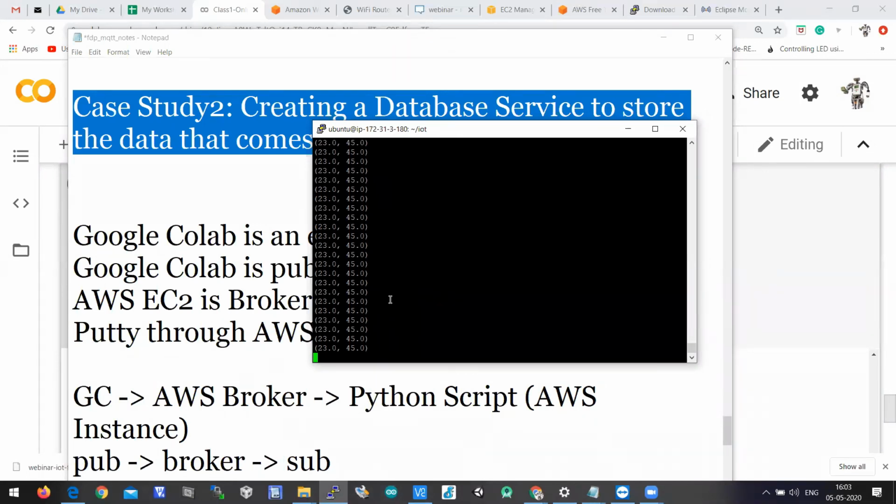Now if you stop the execution, you cannot grab this data, because it is not stored, it is just printed there. When the data is stored, you can access it even after some time. But if the data is not stored, we cannot access it afterwards. So let us understand how to store the data.